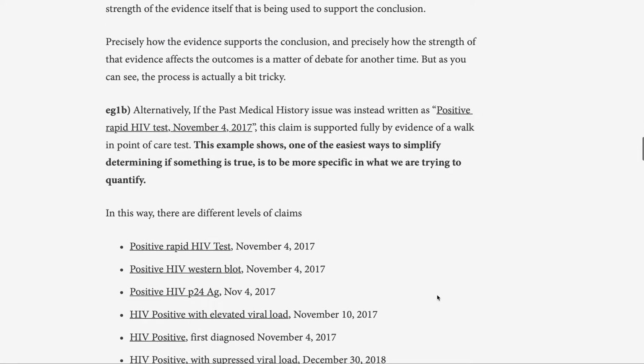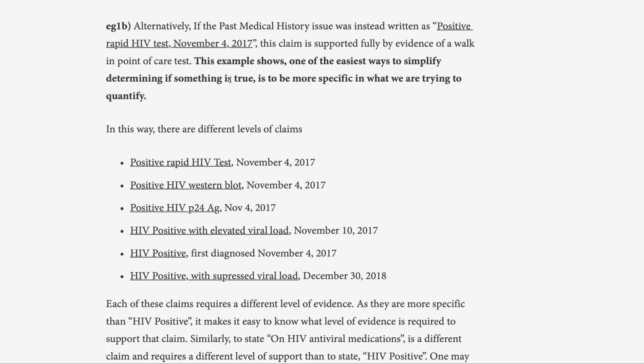Actually, sorry, just before we do that, I want to emphasize a very important point. The easiest way to simplify the complexity of trying to come up with different levels of supporting data, which we just looked at, is to be much more specific and prescriptive in the description of the diagnosis going into the past medical history. For instance, instead of saying that the patient is HIV positive, which, as we said, can have many different layers of evidence, each with different levels of quality and